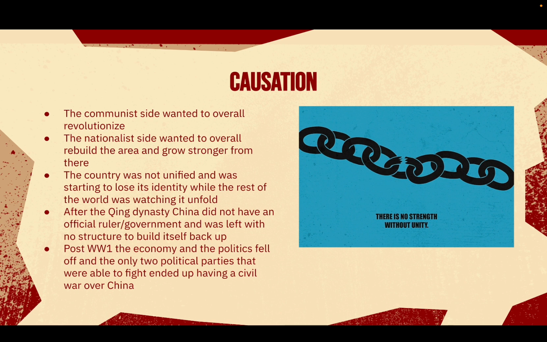More on causation is mainly just how the communist side wanted to overall revolutionize, while the nationalist side wanted to overall rebuild the area and grow stronger from there. The country wasn't unified and was starting to lose its identity, while the rest of the world was watching